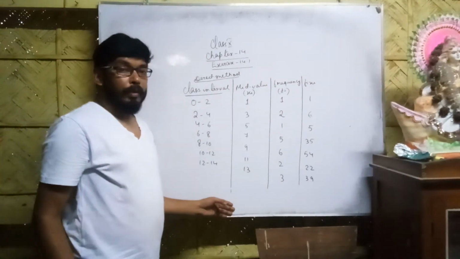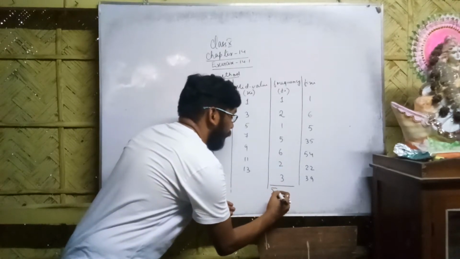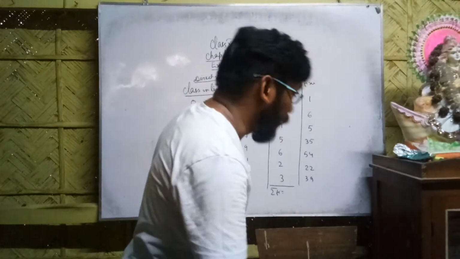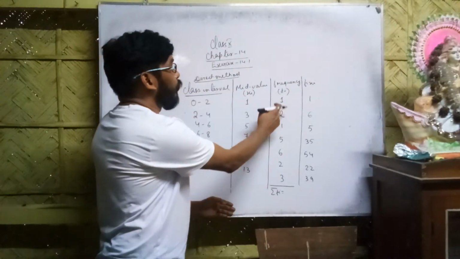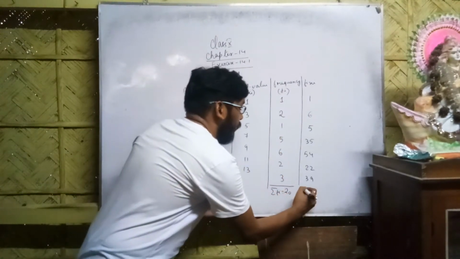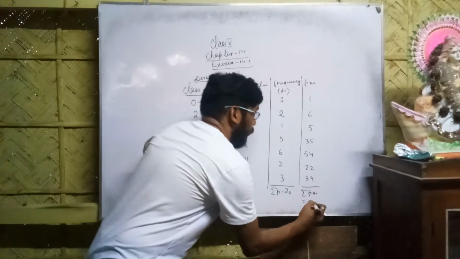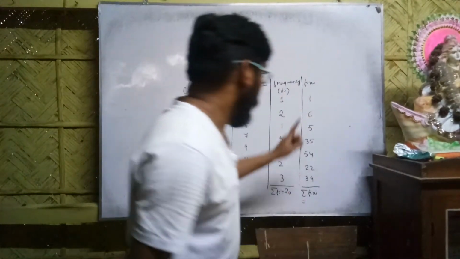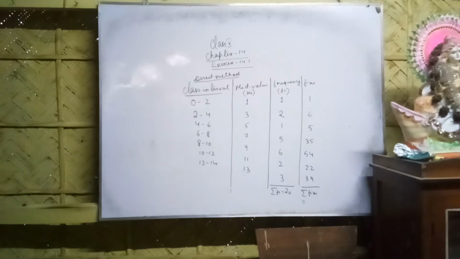Now we will find out total frequency, that is summation of fi. It is given in the book also, it is 20 houses, so here you will get 20. Still if you have any confusion, you can add up 2 plus 1 is 3, 4, 9, 15, it is 20. Then I will find out summation of fi xi. If I add up, find out what it is. Please do it by yourself.